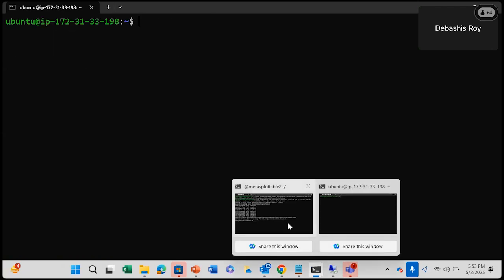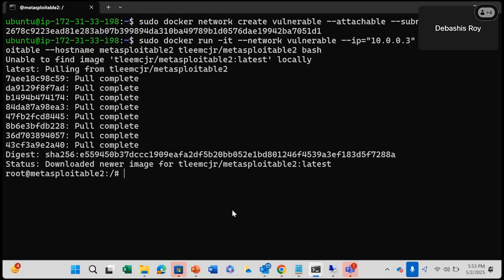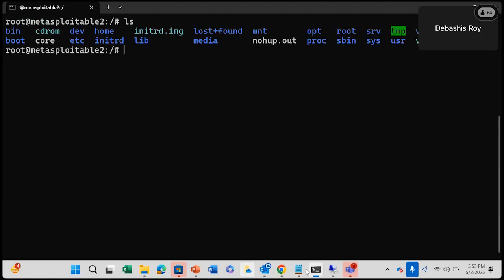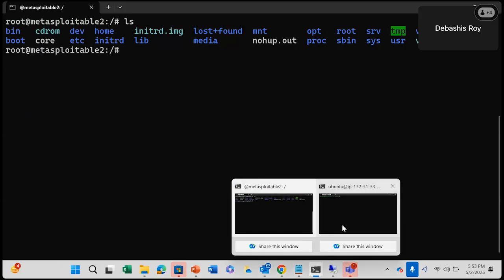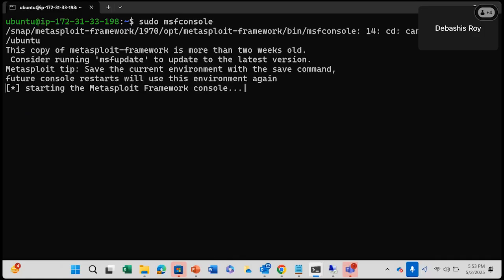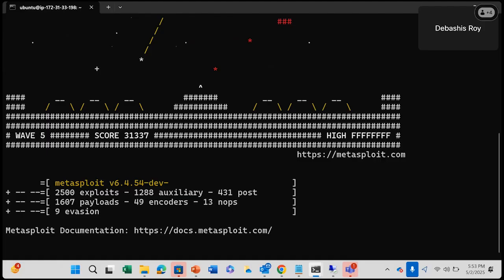Now here is where the new image, Metasploitable 2, as you can see, is up and running. If you give an ls, this is a system. And here I'm using another system where I would launch the MSF console. MSF console is launching the Metasploit framework. Now, the moment you are using a Metasploit framework, this can do a lot of scans. This can work with multiple vulnerabilities and get into them. So I'm using the MSF console, which is called the Metasploit framework, to work with it.